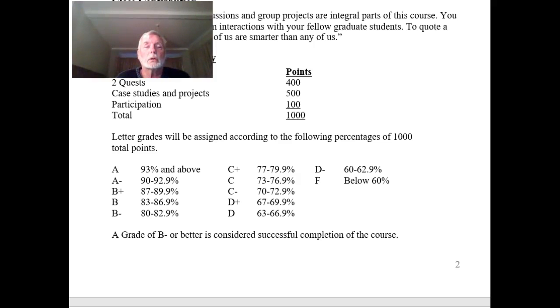As you probably know, in the graduate program, you can have only one grade below a B- in the course of your matriculation towards a degree, and if you have more than one, you go before the evaluation board, of which I'm a member. So make sure you keep your grades up, B- or better, and hopefully much better. I think if you do the work in this course, you shouldn't have a problem